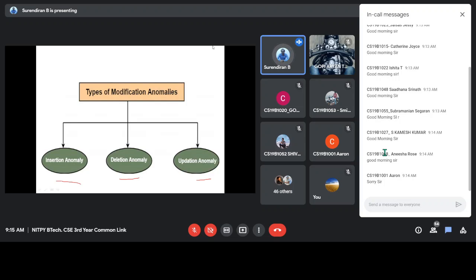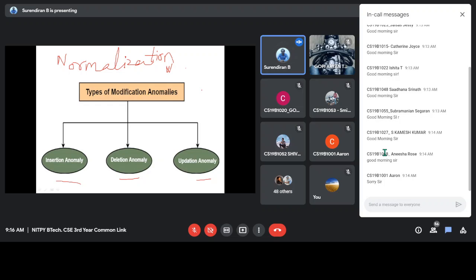To overcome these anomalies, we will use normalization. So normalization can be used to avoid these anomalies, so that anomalies will not be created. So what are these anomalies?